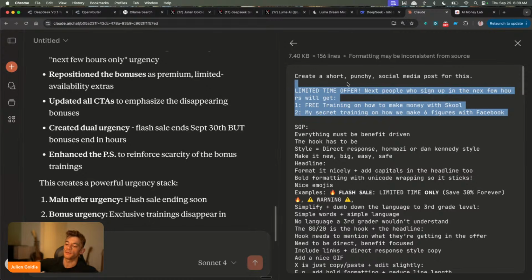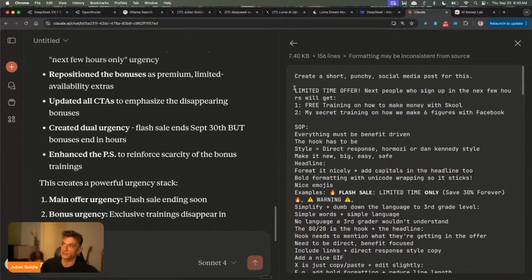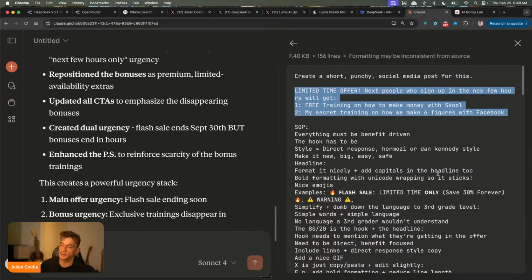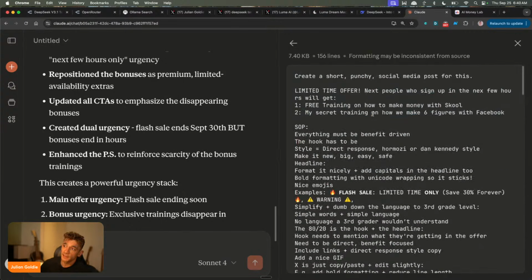And then what can you do inside your copywriting, whether that's on Twitter, whether that's on school, whether that's on any other social media platform, that would make them actually take action? And so that's why you always want to add some scarcity and some limited time offers inside your content. And you can easily get AI to come up with that for you if you don't already have it.